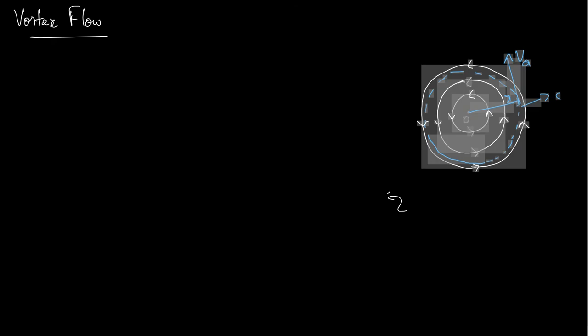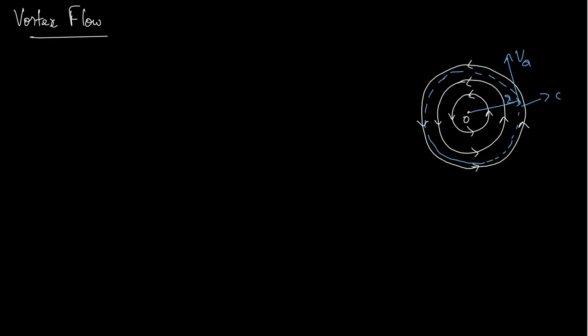Okay. So the next elementary flow that we'll be looking at is called the vortex flow. This is the fourth elementary flow that we are looking at. So in this picture, you can see how the vortex flow is represented. You have a point vortex at the center, which is O, which is generating these kinds of flow fields. We have concentric circles revolving around, and we can readily observe that we don't have any radial velocity. The Vr is 0, the radial component of the velocity, and it is all V theta.